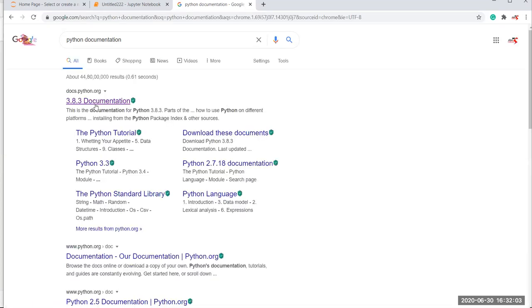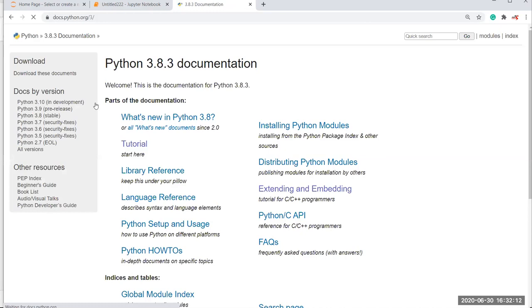In the Python documentation, they update it with each version when they release. Every release, they update the documentation. Now we have the 3.8.3 documentation, because Python 3.8.3 is the latest version.